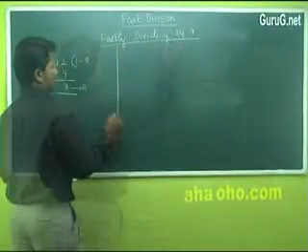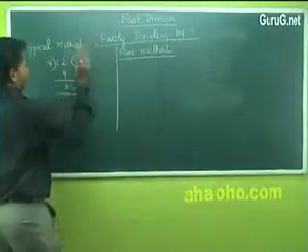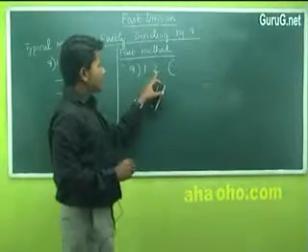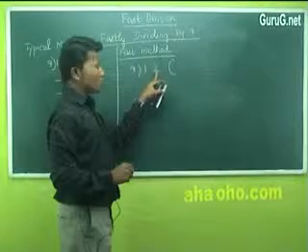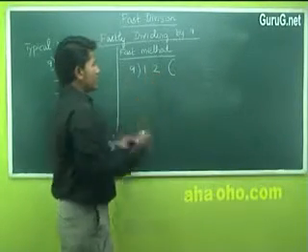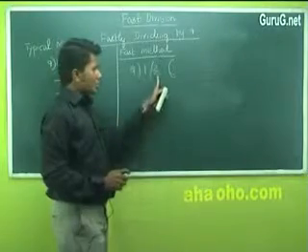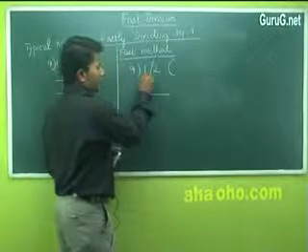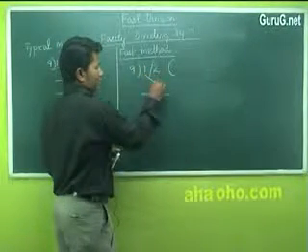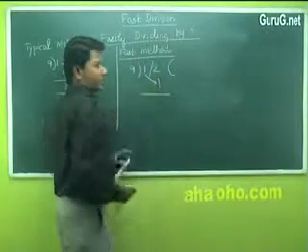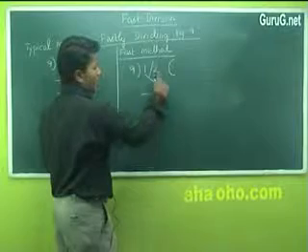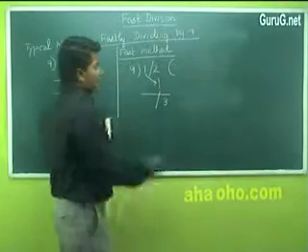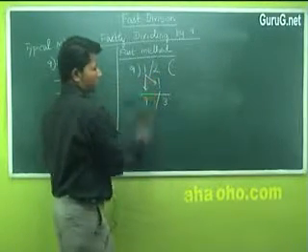Now in the fast method, your first job is to find the number at the unit digit. So 2 is the number at the unit digit. After the unit digit, place a bar. The first step is to bring the number before the bar to the units place, and add these two numbers. 2 plus 1 is 3. Place the bar, bring the number down as it is.